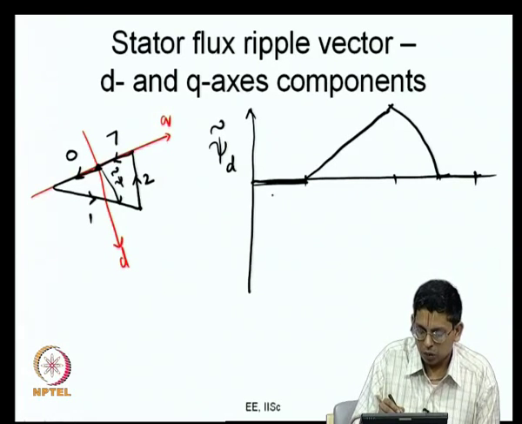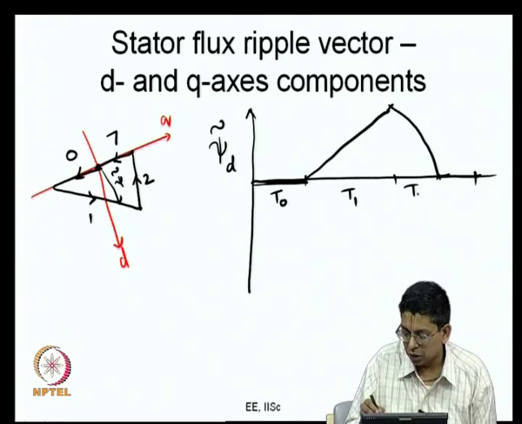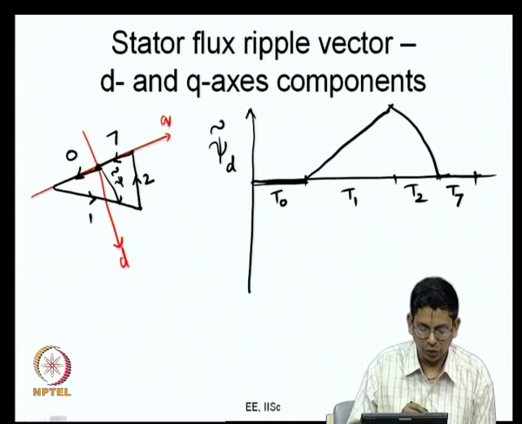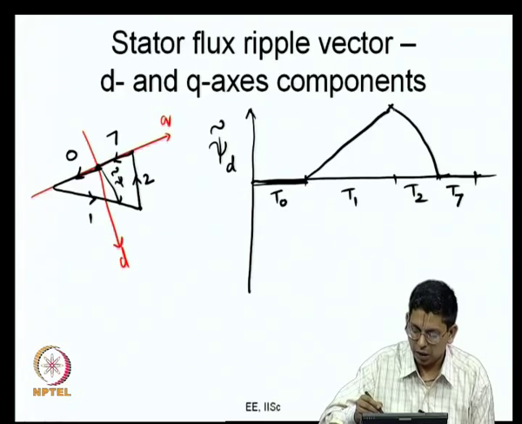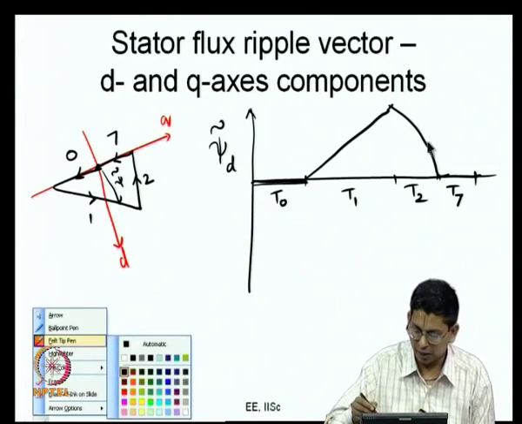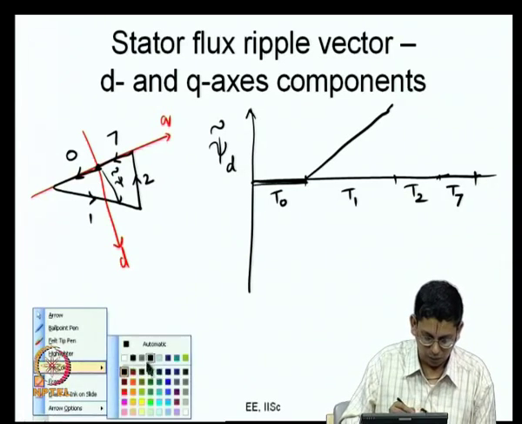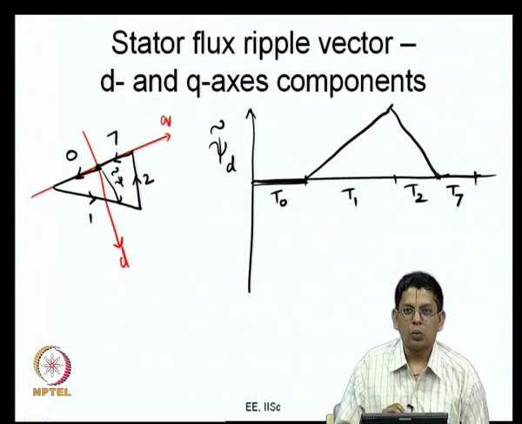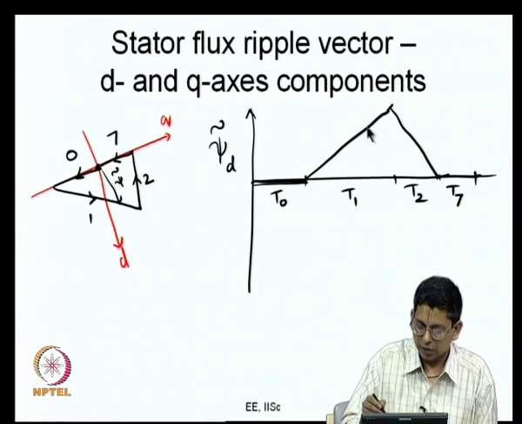So, this I would call T0, this is T1, this is T2 and this is T7. Of course, this is the time for which zero state 0 is applied, T0, T1, T2 and T7. I have drawn for the 4 different durations, and this also should be a straight line. Let me try making this closer to a straight line. Okay. So, it is almost a straight line, it falls like this. Why are these straight lines? This is a straight line, that is a straight line.